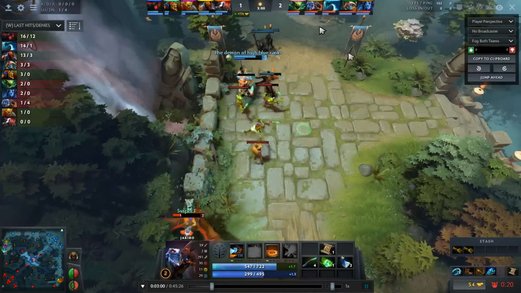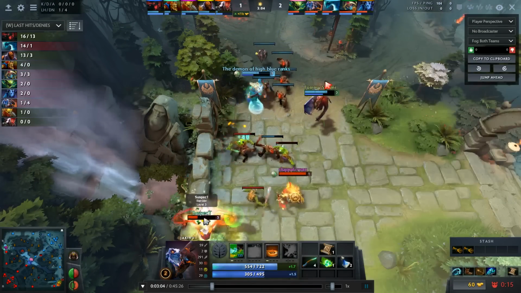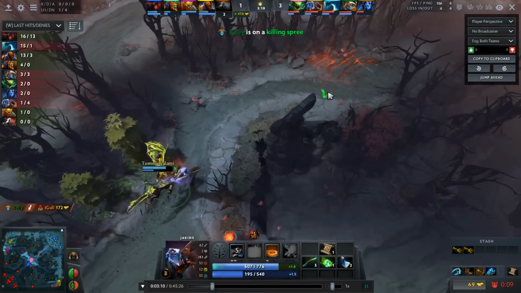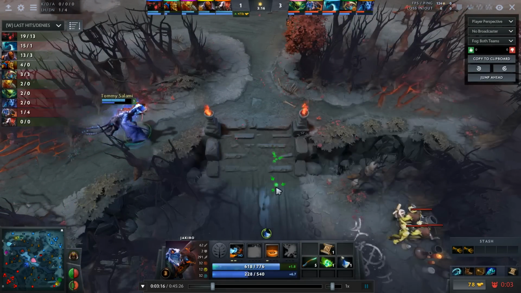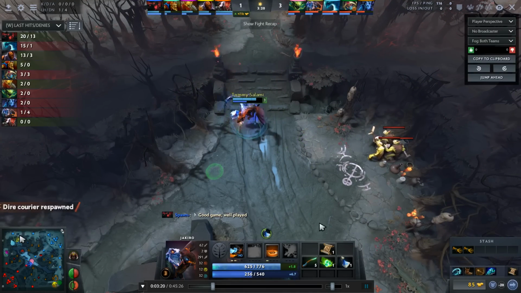But we could have had the small camp stacked. We could have been pulling right now. I just want to make note of how long it takes us to realize that we should have pulled the lane. Because this wave that's popping up, not this wave, but the one right now, this wave should all be dead. So let's say 300 gold, couple hundred EXP that we could have just completely denied,